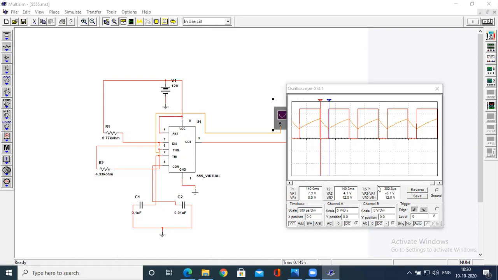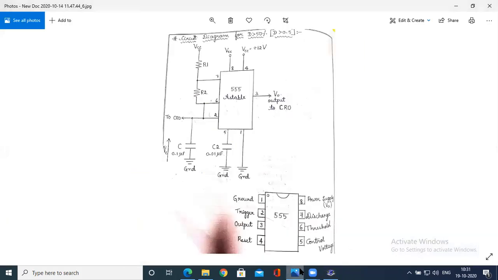Clear? Coming to the calculations. You have a charging time T2 minus T1. When I focus here on the charging, this complete cycle is a charging, this complete cycle is a discharging. So in the peak also, see this part is a charging. How do you measure this part? You focus on this till the peak, it is a charging, right? So it is 685 or nearby to 700. The same thing we have seen in the calculations here.